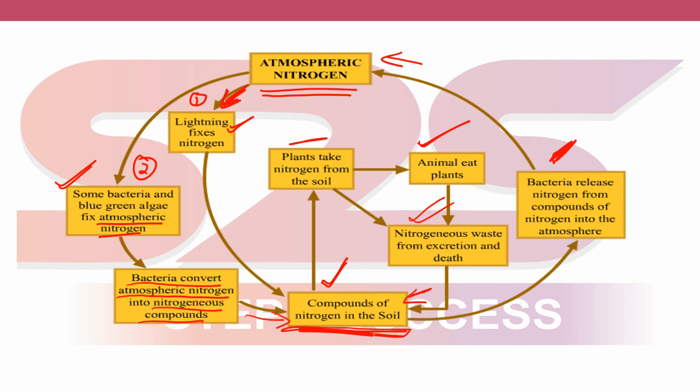So as I said, the nitrogen cycle is the last topic of the chapter. By ending this topic, we complete the chapter on microorganisms, friends as well as foe. We read what microorganisms are, how they are friendly to us, how they are harmful to us. Then we read about food preservation, and we finally read about nitrogen fixation, and thus we come to the end of this chapter.